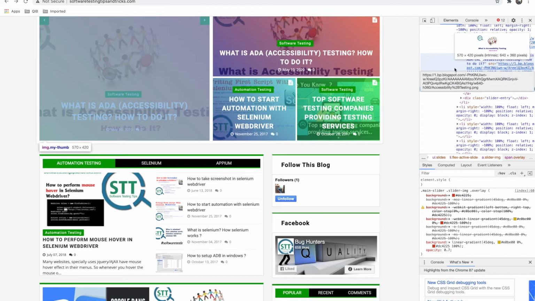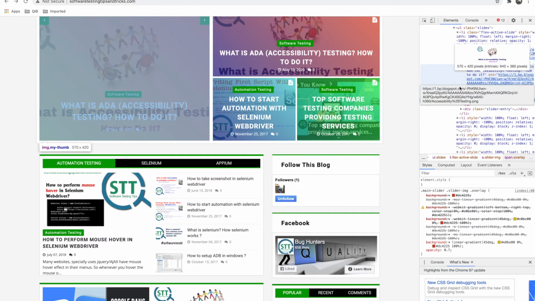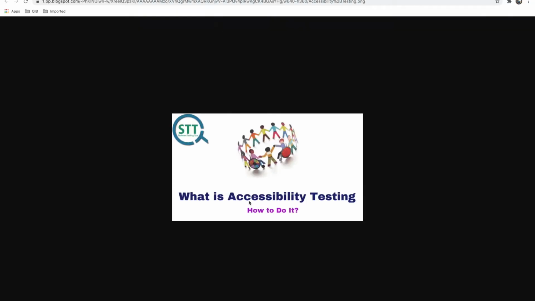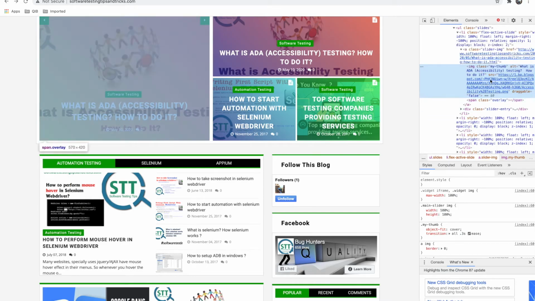So here is the image. This is the SRC. Let's confirm it's the same image. Yeah, it's the same image. So I want to go to this SRC with the class name my thumb and download it.